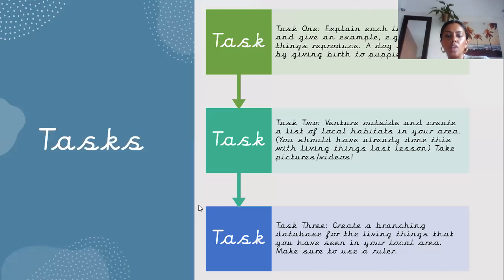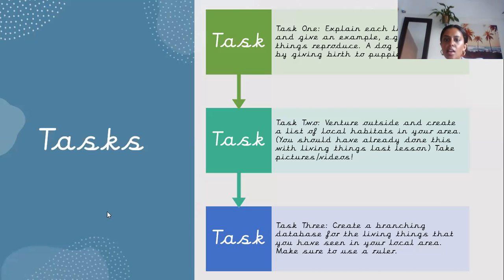So here is your task for today's lesson. The first task is explain each life process and give an example. For example, all living things reproduce. A dog reproduces by giving birth to puppies. So what you're going to do is go back to Mrs. Gren and start at the first one, movement. Give an example of an animal that moves,